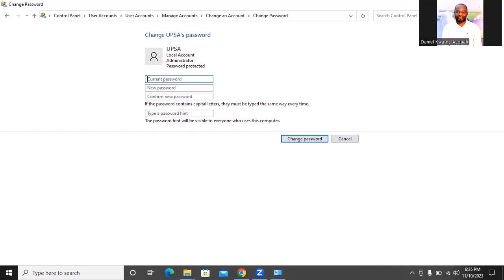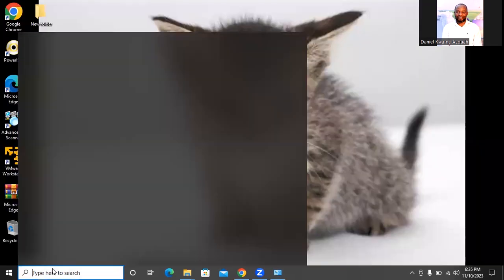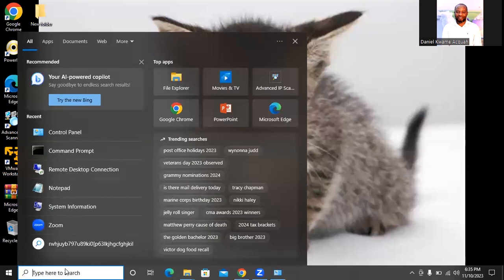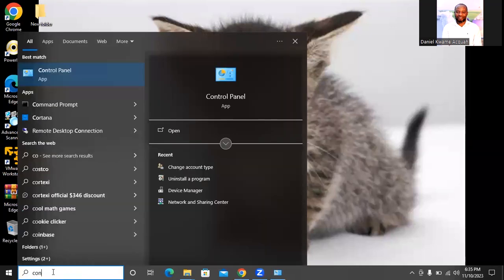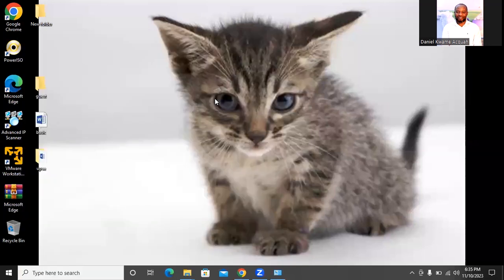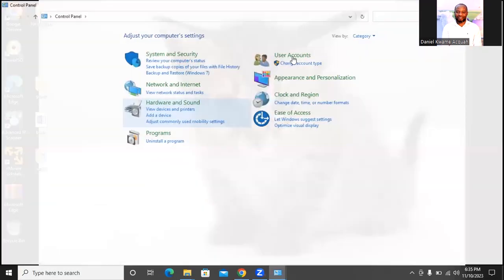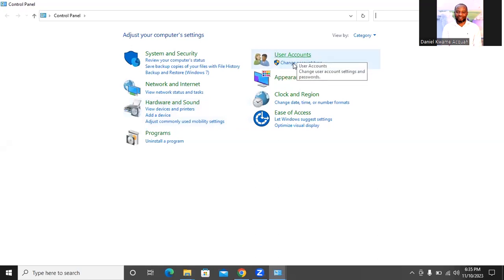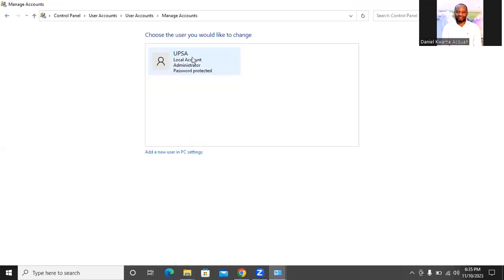So I'll go over it. You click on the search tab here. Type control panel. Select control panel. Go to locate user account and click on change account type. Now this box here will show you, in case you have other accounts, they will show in this box. Because I don't have any other account, this is my user account. Double click on the user account. If you have any guest account you want to add a password to, double click on the account,